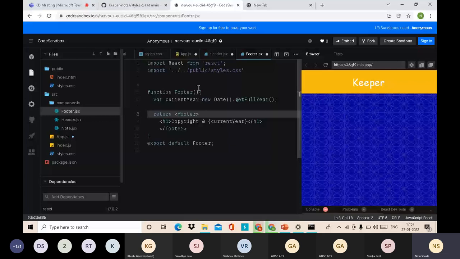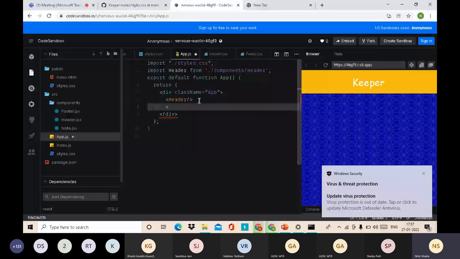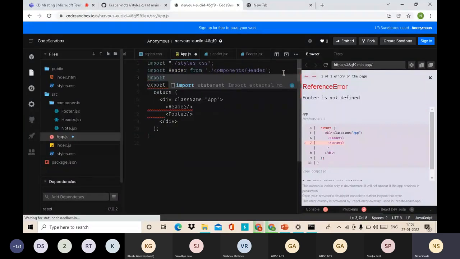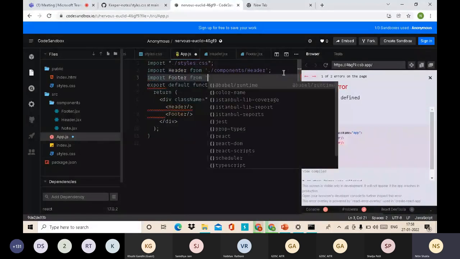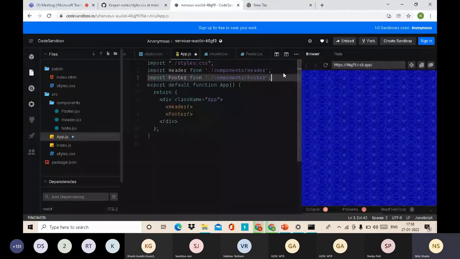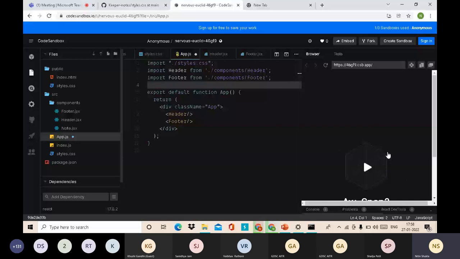हम अब इसे हमें इंपोर्ट कराना है। कहाँ इंपोर्ट कराना है? हमें इसे app.js में इंपोर्ट कराना है, ठीक है। सो इन फुटर कंपोनेंट, like we can import, write this way, it is showing error like footer is not defined। और footer क्यों नहीं डिफाइंड है? क्योंकि हमने इसे अभी तक इंपोर्ट नहीं किया है, ठीक है। हमें इसे इंपोर्ट करना पड़ेगा। So footer from components and here you can add footer। Okay, so हमारा footer आ गया, like it is compiling, it is taking some time। Yeah, here copyright text is here।